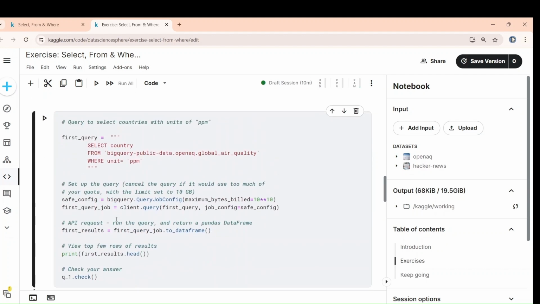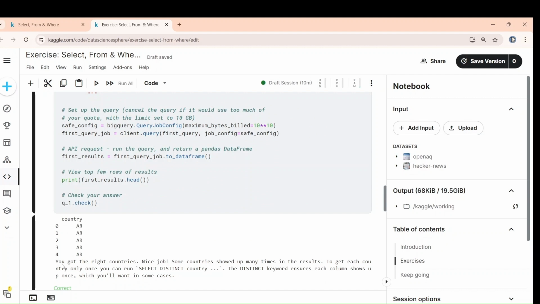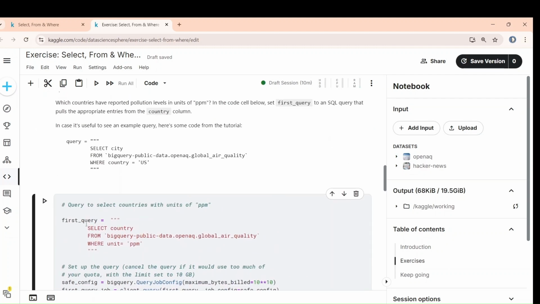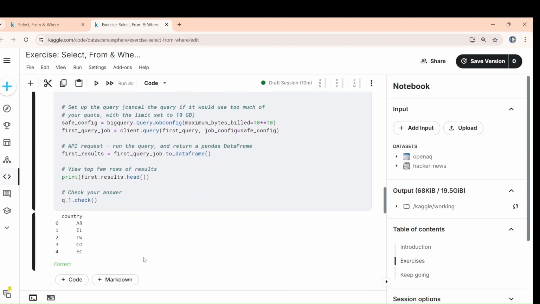See, here you can see that as the entry is more than once, that's why the output is also more than once. But if I write this, which is also a keyword, then you can see the changes in the output. See now, AR, IL, TW, CO, EC. As AR was coming 5 times